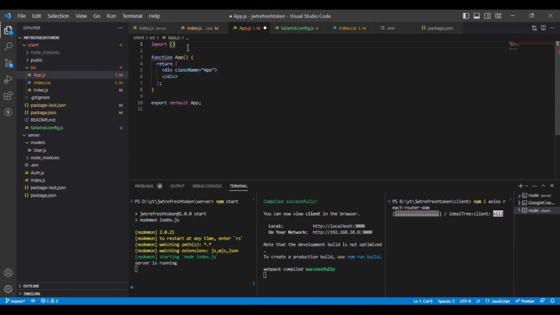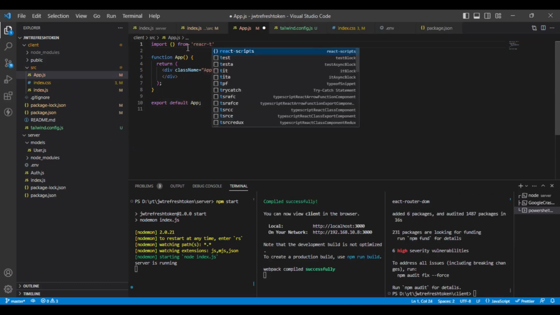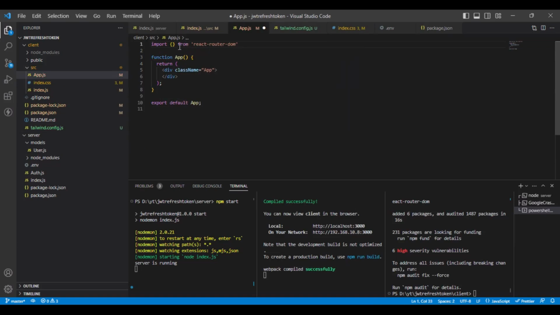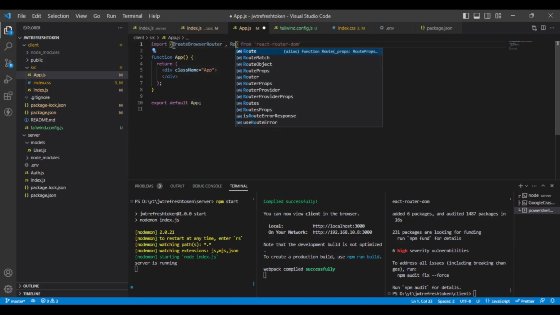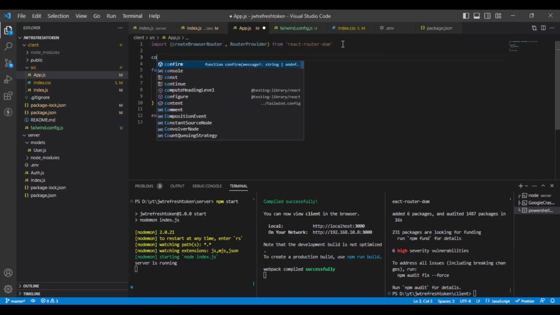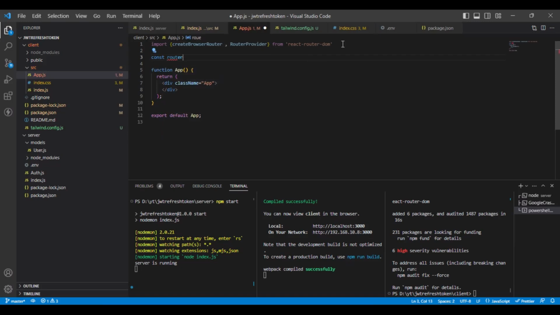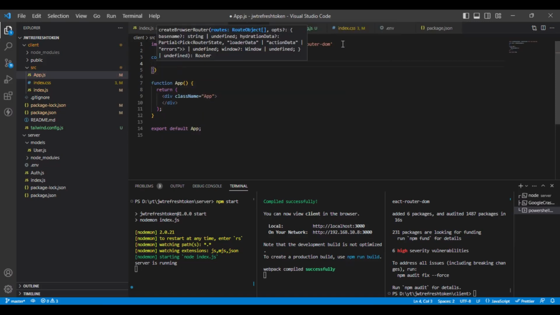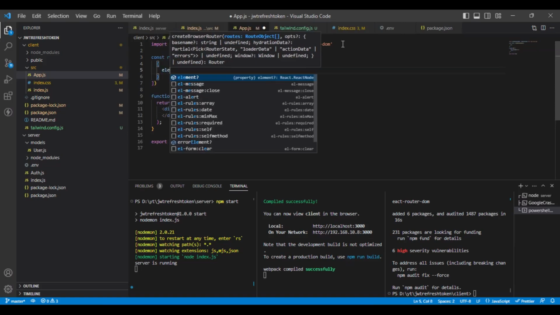Both will be imported from React Router DOM. The first one will be createBrowserRouter and the second one will be RouterProvider. First we need to create our routes. Const router is equal to createBrowserRouter, pass an array of objects here, and the first one will be our